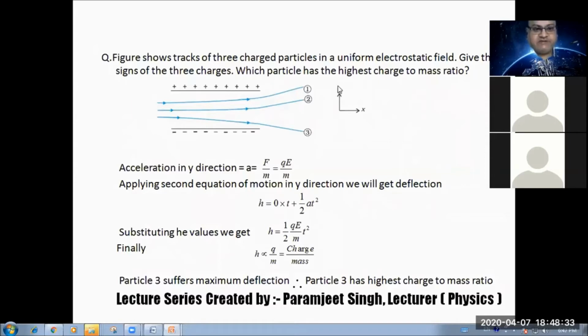So a very interesting numerical. Here a new concept came, that is E, the electric field. Just remember, force on a charge is the product of charge and electric field intensity. There is an electric field between these two plates, plus plate and minus plate. Charged particles are moving in the electric field E. So the force on an electric charge in an electric field is Q into E. Charge Q, electric field E. Just remember this for the moment. Later on, we will discuss what electric field is.